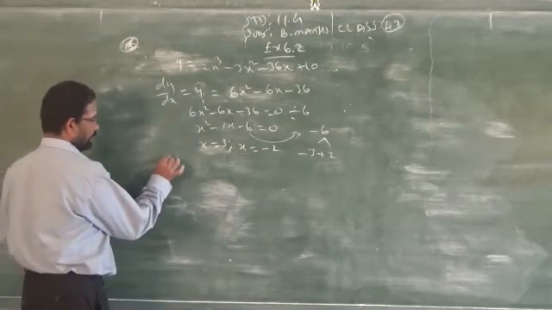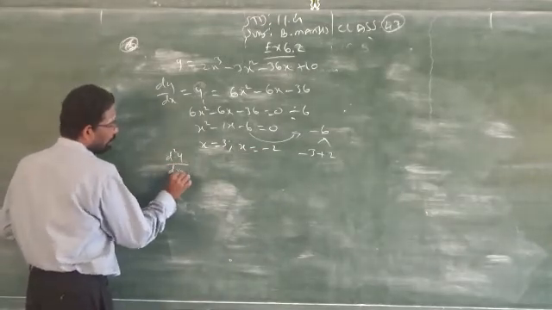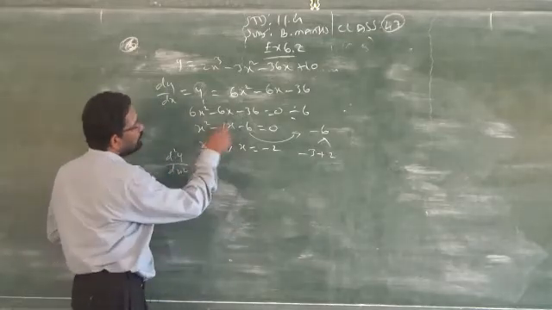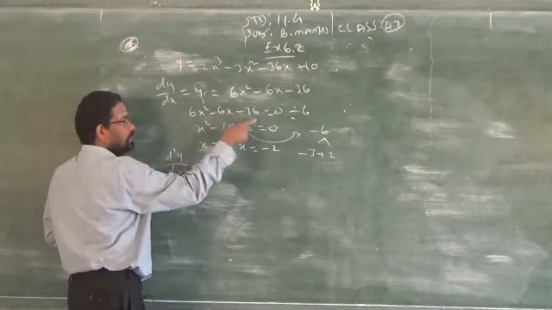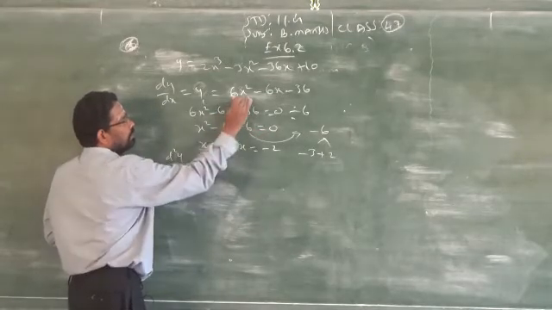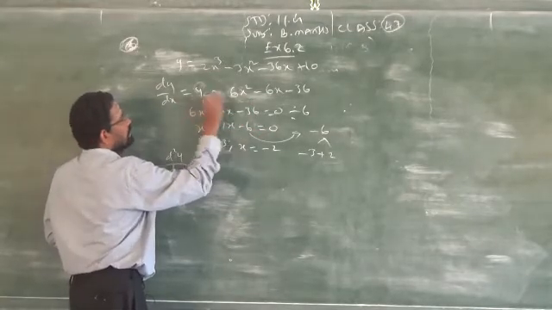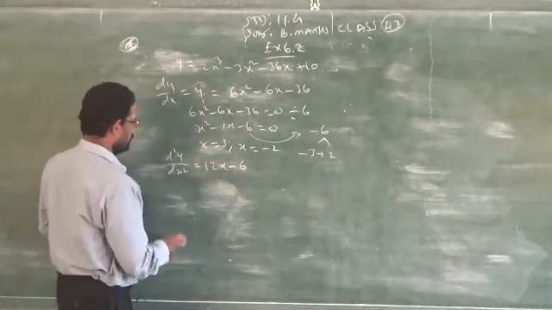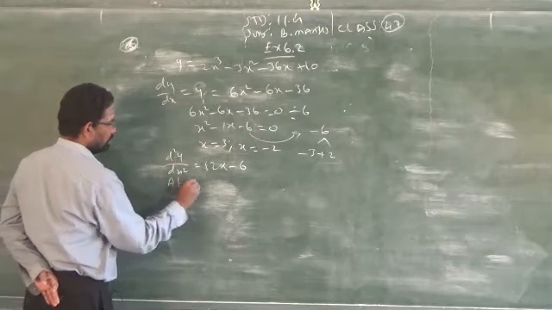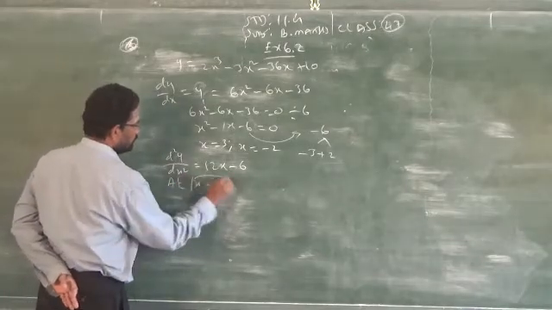Now you will go for the second order, d square y by dx square, that is the rule. So don't differentiate this one. You have to differentiate only the first order. Don't differentiate that answer which you made equal to 0. Don't make the mistake. You have to differentiate only from the first order, not from these two steps. So it is 12x minus 6. Now you have to substitute x is equal to 3, the first value.